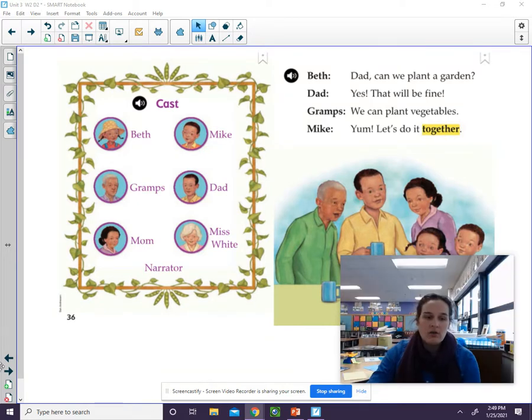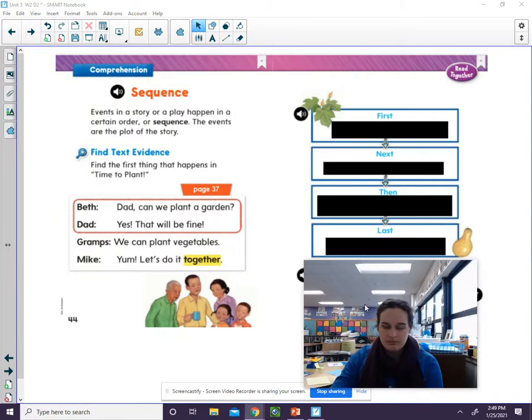We are now going to discuss how a story has a specific sequence. Events in a story or a play happen in a certain order or sequence. The events are the plot of the story. So here it says,